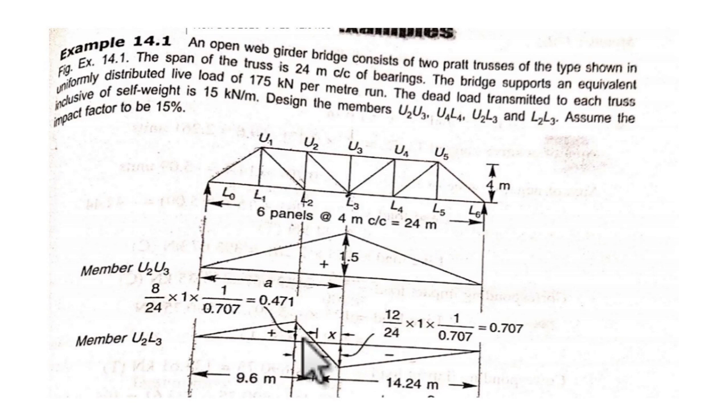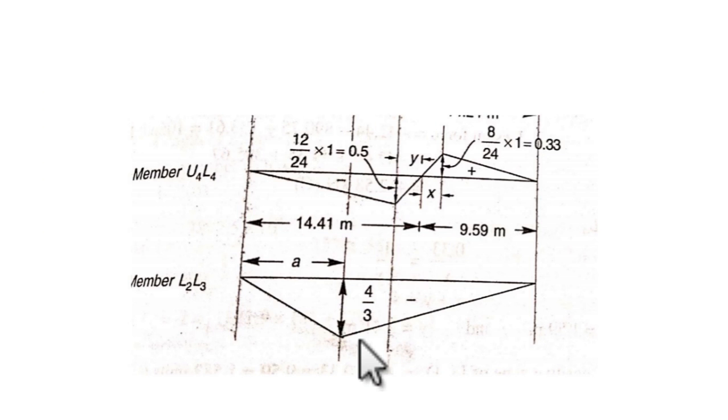Now this distance we do not know. Let us assume this distance is x and this distance is y. You know this value, you know this value, you don't know this value and this value. So for similar triangles, and x plus y is 4, you can find the ratio of x by y from similar triangles. Thus you can evaluate the values of x and y. Once you know x and y, then you know the entire triangle base for the positive triangle and the triangle base for the negative triangles. Thus you can find the area. So this is the idea behind finding the ordinates separately.